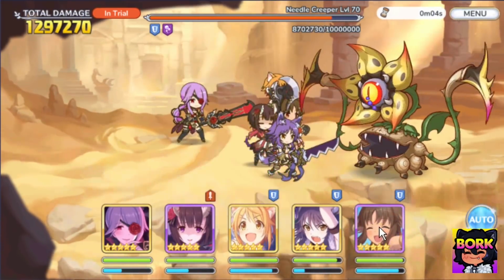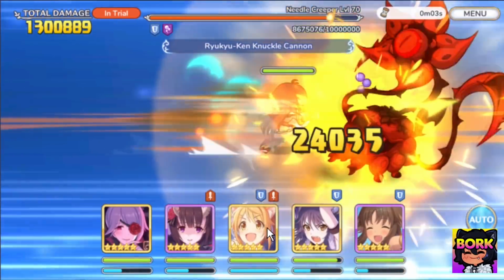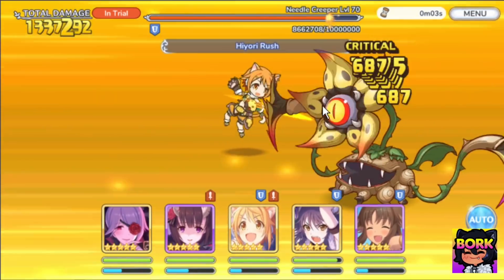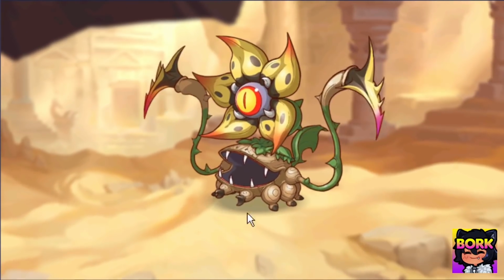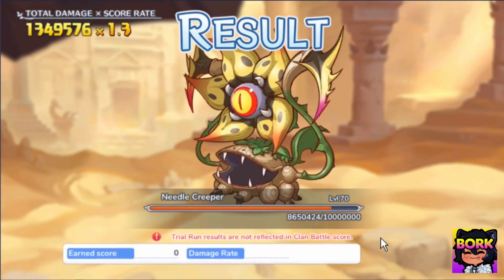1.3 million, unless we can get Kaori's UBs off right here. All right, very nice. And we're probably going to be dealing 1.38. This one can deal upwards of 1.5, but I think it's also because my Eriko is not at her full